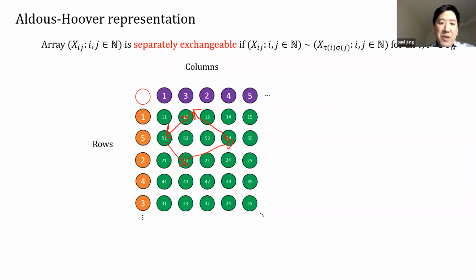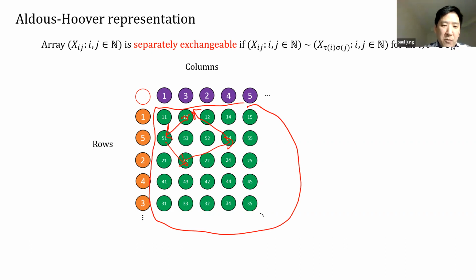The only types of permutation that we guarantee that it remains invariant under, if it is separately exchangeable, is when we permute whole rows with other whole rows and whole columns with other whole columns. Now, if we actually said that we could do any sort of permutation along this array, then there's actually no reason to have this array structure. And one could actually simply just say, well, if any permutation of this whole family of green random variables is possible, for example, the one that I've drawn with these red arrows, then we might as well think of them as just a sequence of random variables, and we would just kind of revert to the de Finetti representation.